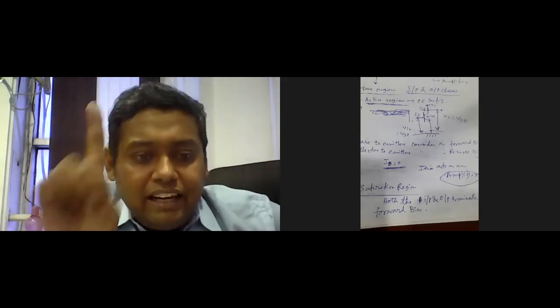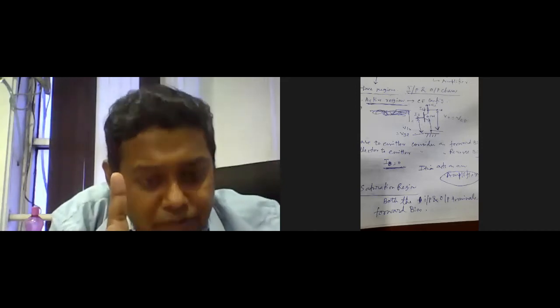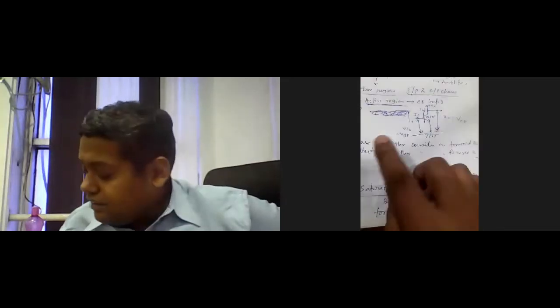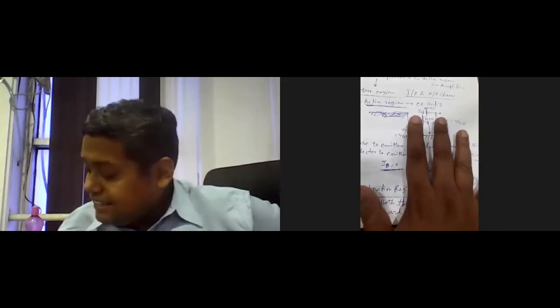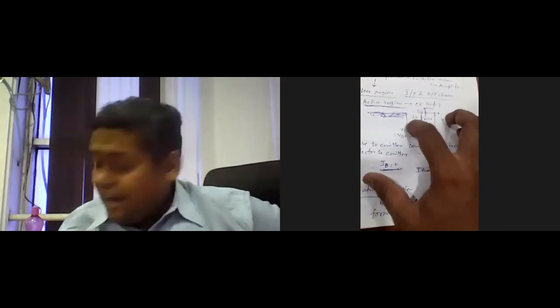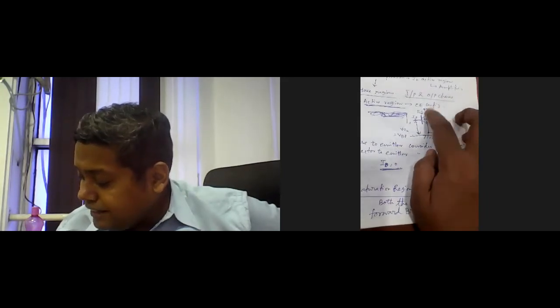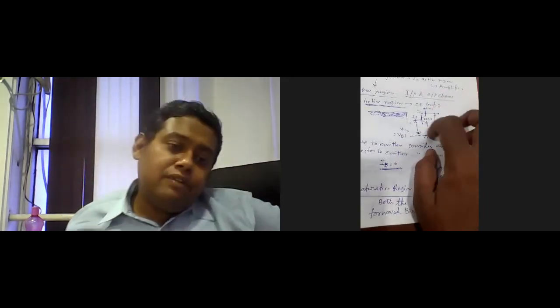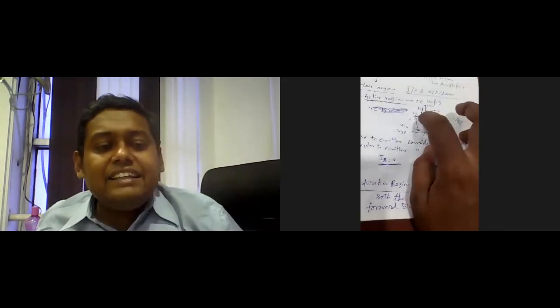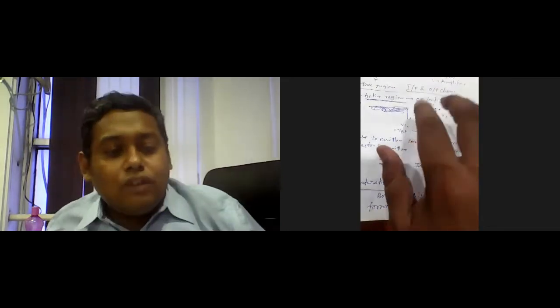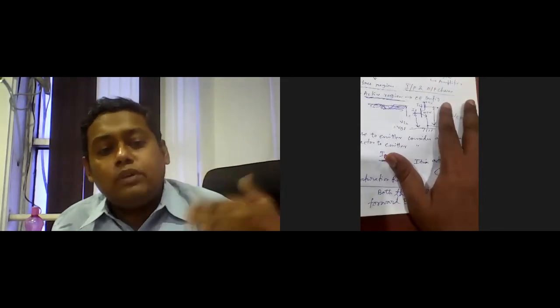For the active region, the input side is forward biased and the output side is reverse biased. So the base to emitter side is forward biased, and the collector to emitter side is reverse biased. If the input current is 0, it is treated as an open circuit, and in most cases the reverse saturation current flows on the output side. So the output changes linearly with respect to the input, and for that reason it acts as a type of amplifier circuit in the active region mode.